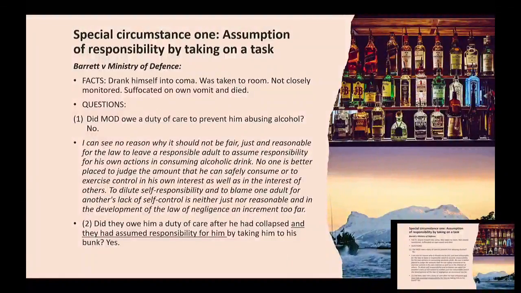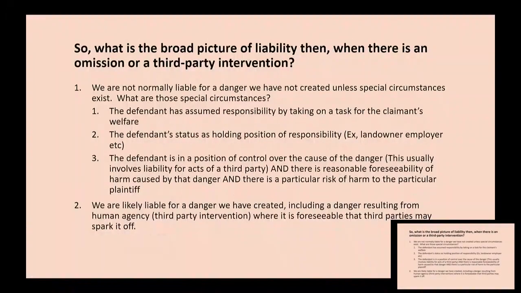Okay, in one case, they supplied him with a whole lot of alcohol and then said, hey, here's a downhill ski race and here are some skis, get to it. In the other case, they supplied him with a whole lot of alcohol and then evicted him knowing he had to cross a busy road. Okay, so it's this additional positive act that was the act on which the duty of care was based. And so you could see these as cases of creating the danger, which, you know, we are likely liable for a danger we have created.